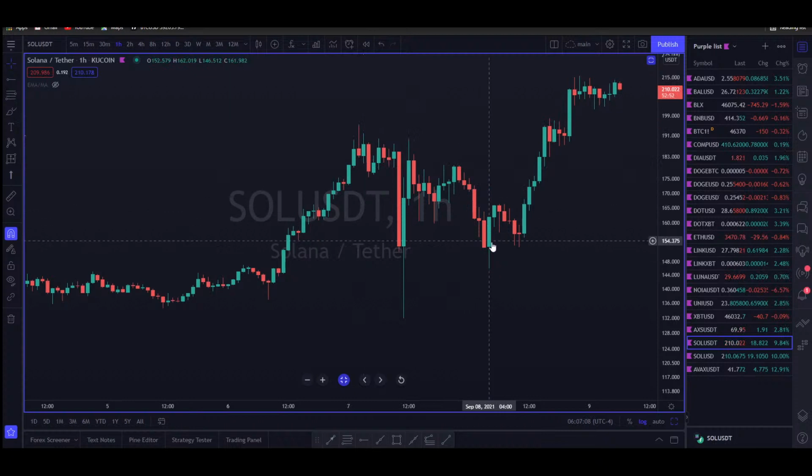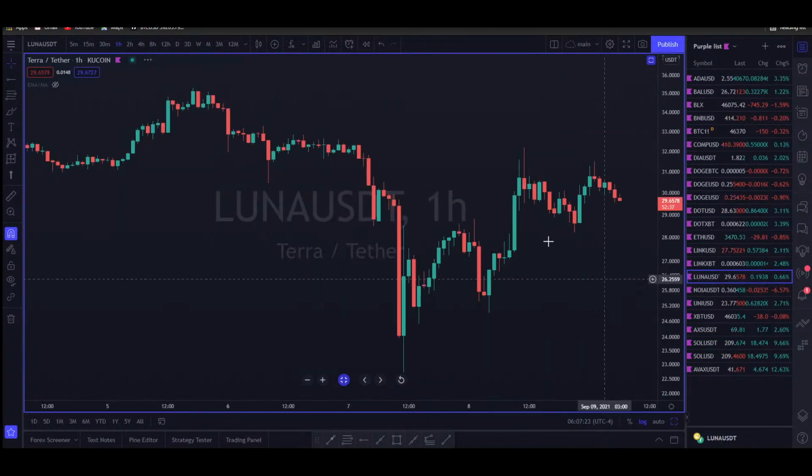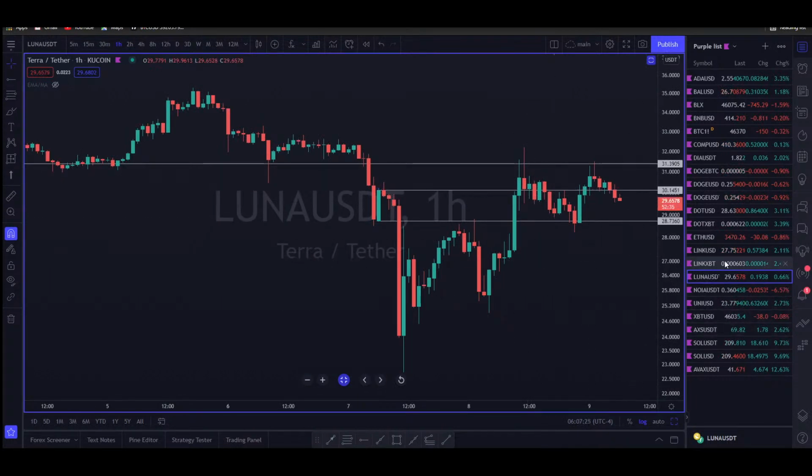So traded away yesterday, took some profits yesterday morning, and then yesterday afternoon this started to occur, so I went ahead and exited the position. Especially because some of them, like Luna, was moving so good. Luna was moving really strong. A couple of them were up pretty big. So yeah,